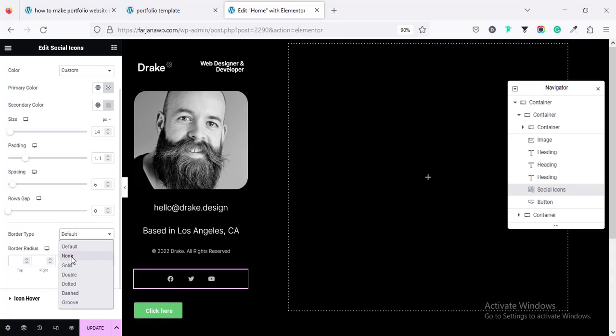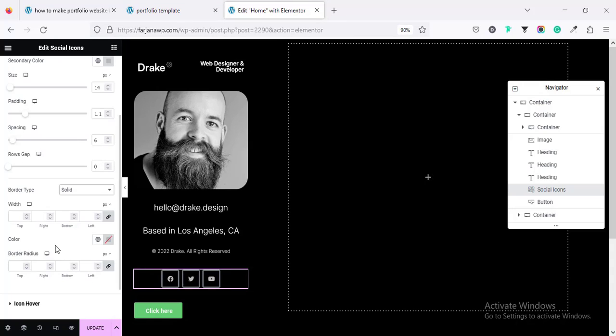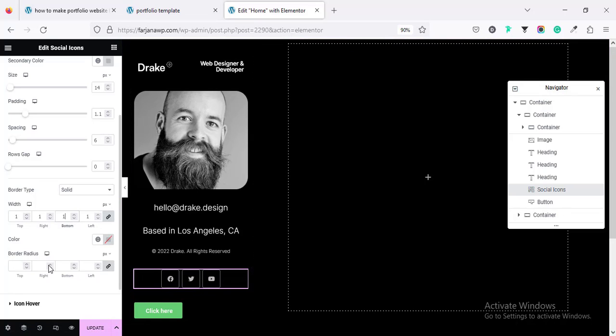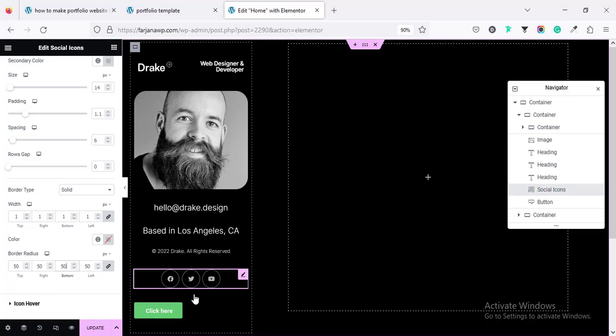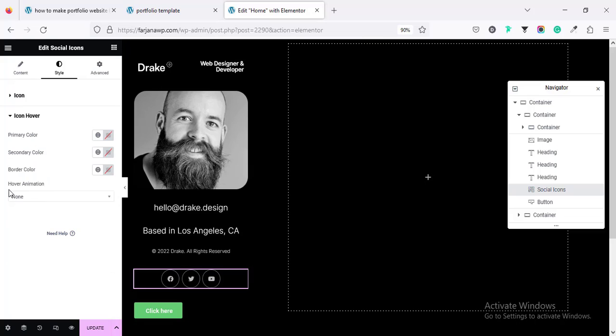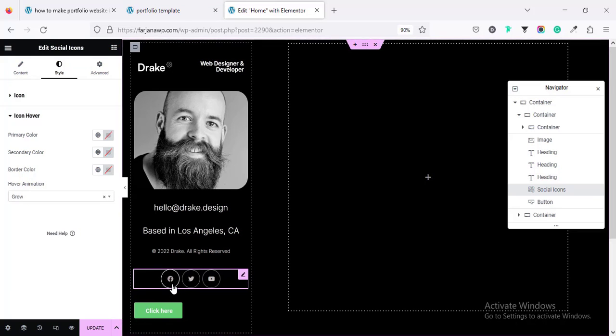And we can set a solid border, 1 pixel, and border color we can leave it as it is now. Border radius 50 pixel, yeah, this looks good. And here icon hover, you can add some hover animation, grow, so on hover this will grow,